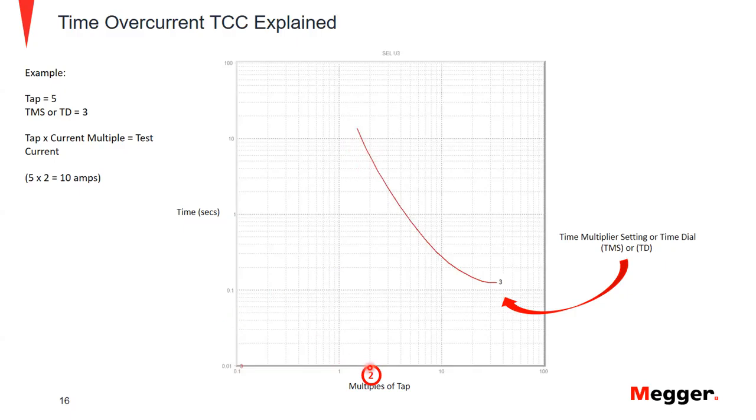You want to get closer to where the curve actually makes the mark, because if you start way over here, it'll take so much time for this curve, if it even crosses into the smaller multiples of one setting. And if it does cross over there, then there's probably something wrong with your settings or wrong with the relay as well. So we're going to do a 2 times multiple,